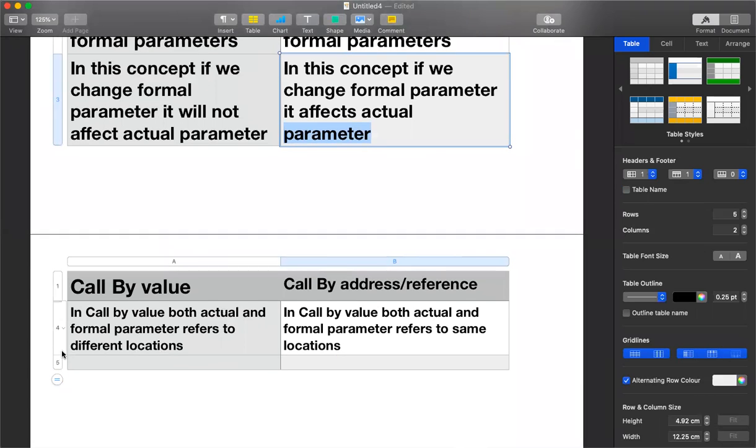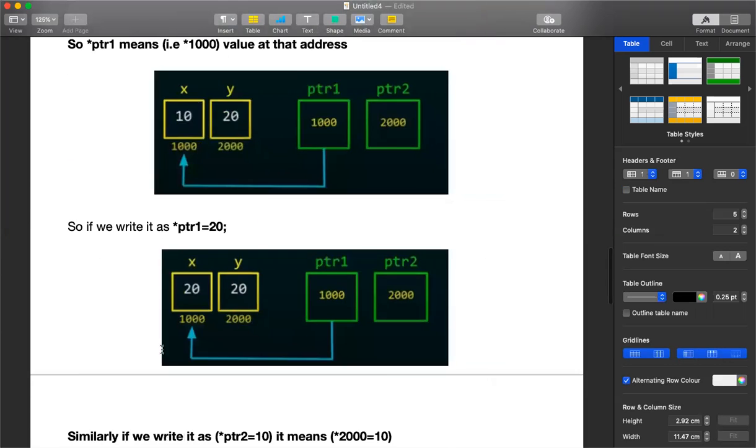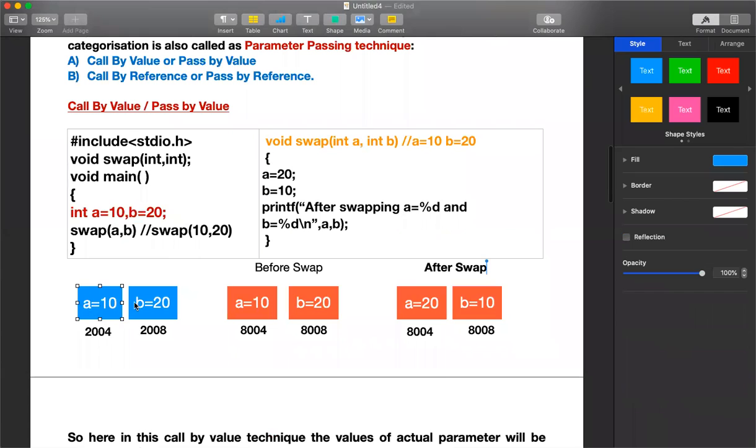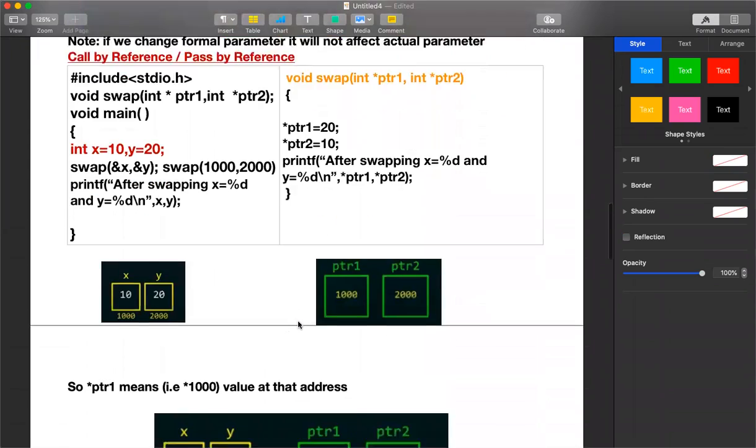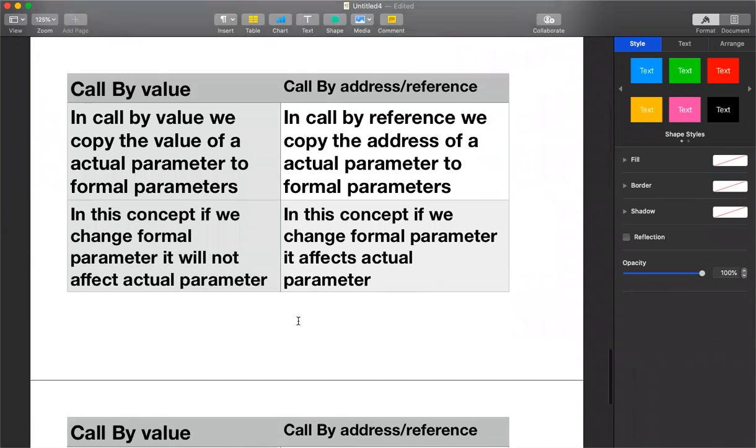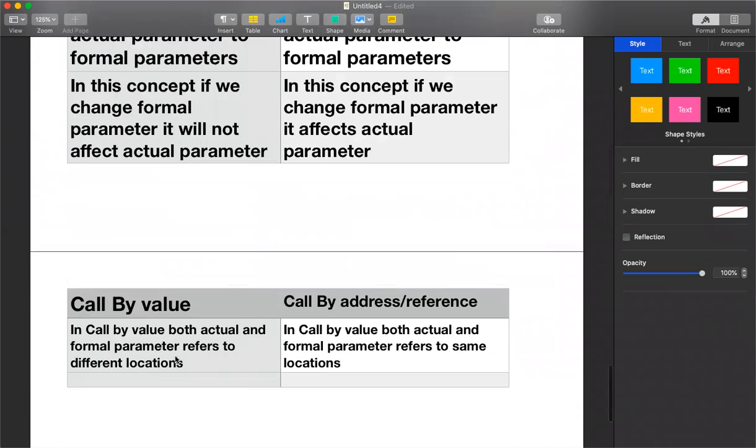And the last thing is, in call by value, the actual parameter and formal parameters refer to different locations. If you see the example, a comma b is the actual parameter, and its locations are 2004 and 2008. Here a comma b is the formal parameter, and it has different locations.